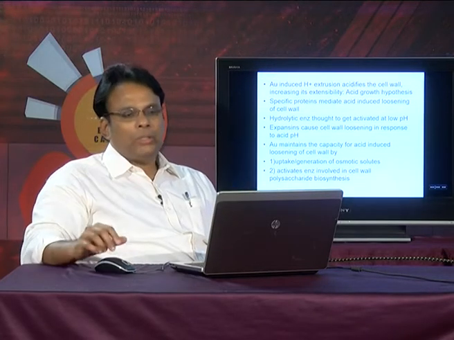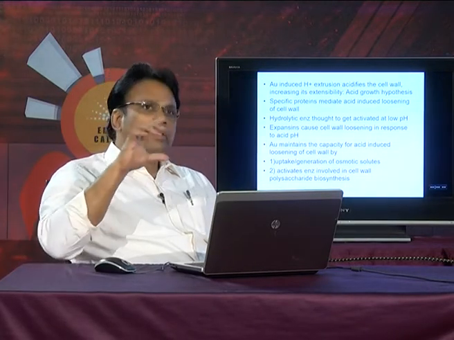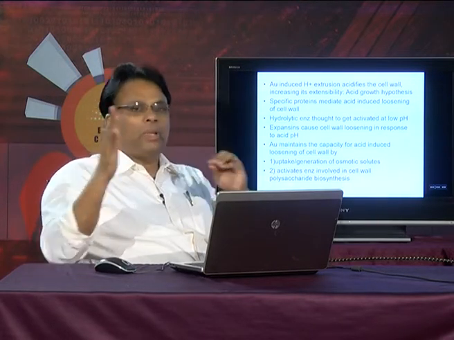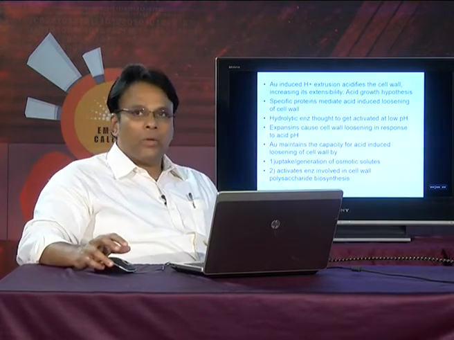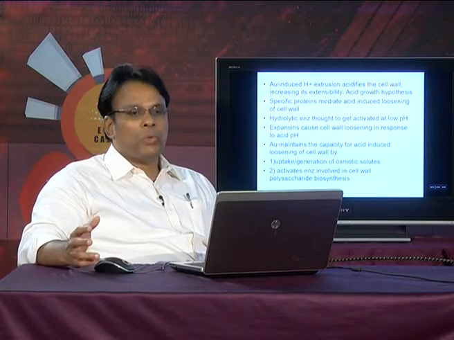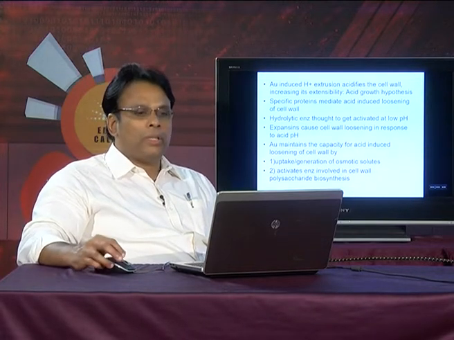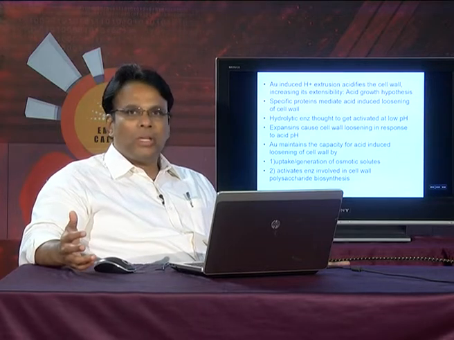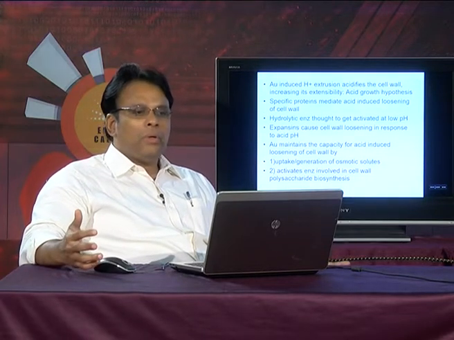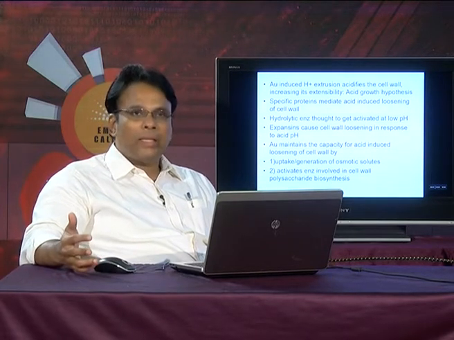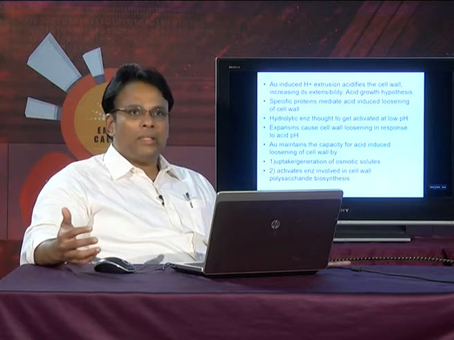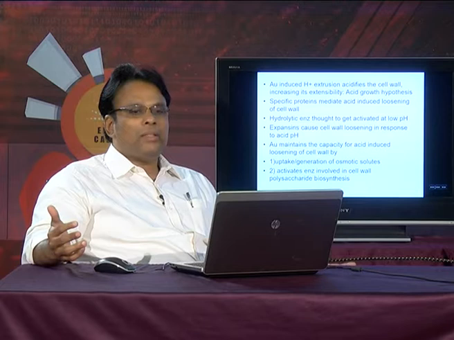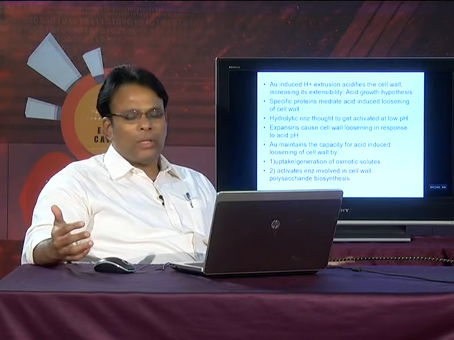wall linkage. So, you know that the cell wall is a complex carbohydrate linked together, and in order to break that linkage, the action of hydrolytic enzymes is required, and that is also activated by the action of auxin. So, expansins can cause cell wall loosening in response to an acidic pH. Together with that, the hydrolytic enzymes are acting. Both of these can facilitate cell wall loosening, which will culminate in the cell elongation